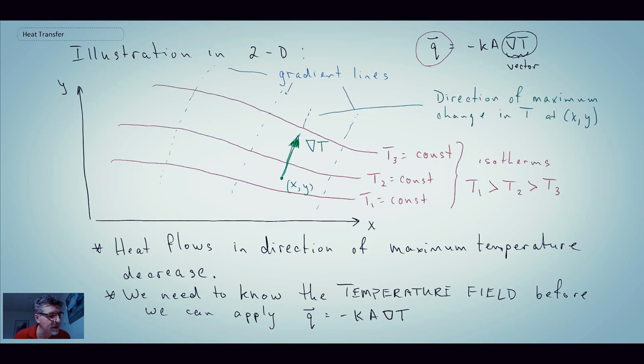It's the heat diffusion equation, the most general equation for conduction analysis, and it enables you to determine the temperature field in an object, provided you know a lot of information about that object, mainly the boundary conditions and what the material is on the inside. We'll derive the heat diffusion equation, and with that equation you can determine the temperature field, and from that you can get heat flux and determine the